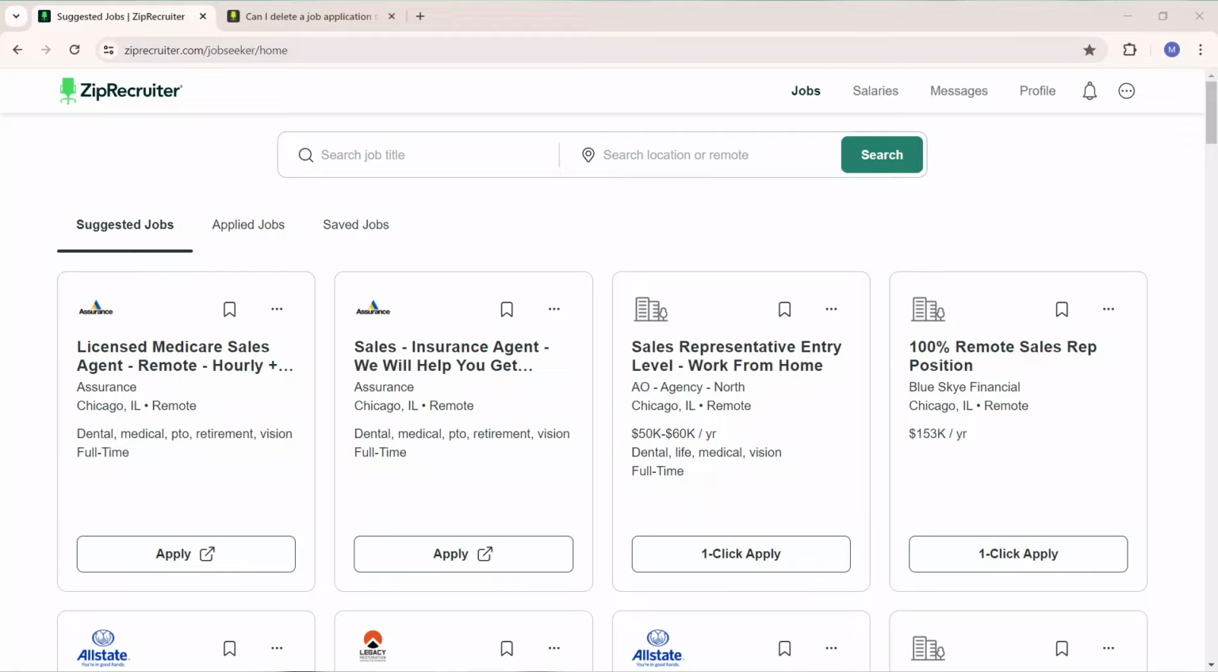Hello, in this tutorial, I'll show you how to edit resume on Ziprecruiter. The first thing I'd like you to do is to launch your Ziprecruiter job seeker account, which of course I've